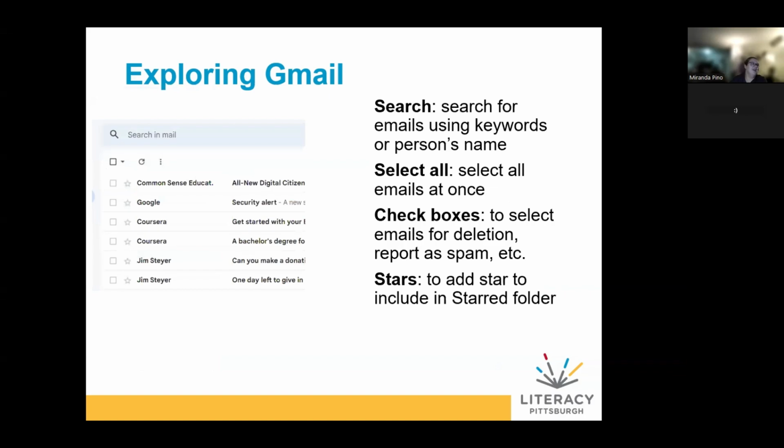All right. So in the middle portion, there are a few things. There's the search bar, which allows you to search for emails using keywords or a person's name. So if somebody emailed you and told you to come in for an interview at 1 p.m. on Tuesday, but you forgot when they asked you and where they asked you to go, you can search using interview as the keyword or the hiring manager's name as the keyword to look through your email to find that